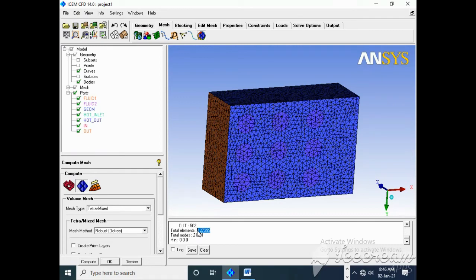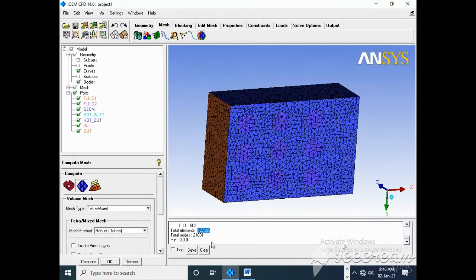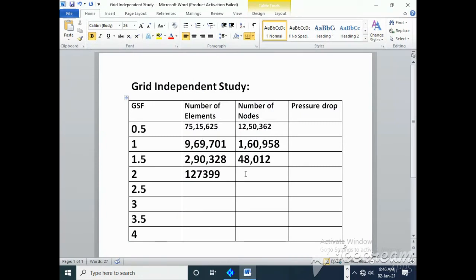Control C, Control V, Control C, and paste our nodes. Now you can see the nodes reduced from 48,000 to 21,000, and again the number of elements got reduced from 2 lakh to 1,27,000.